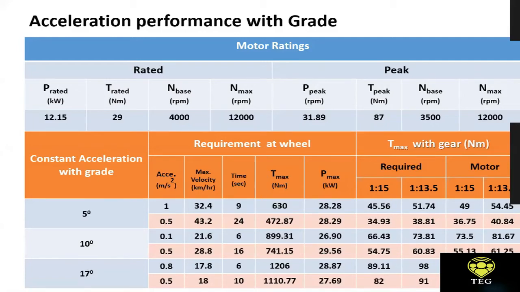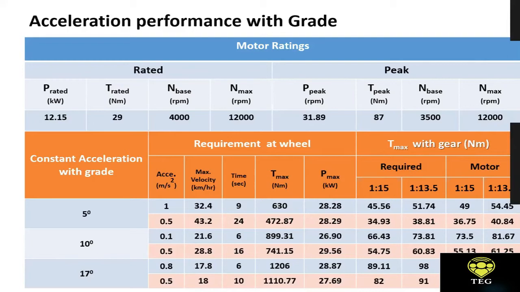So 50 kilometers per hour translates into 12,000 rpm for the motor speed, because we have a gear ratio in between and a certain radius of the wheel, so we can do all this back calculation. That's explained in the course as well: how you translate speed in kilometers per hour into rpm at the wheel, and then eventually into rpm for the motor. So we found the maximum speed for the motor to be 12,000 rpm.